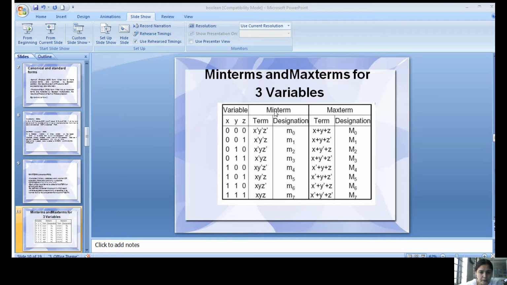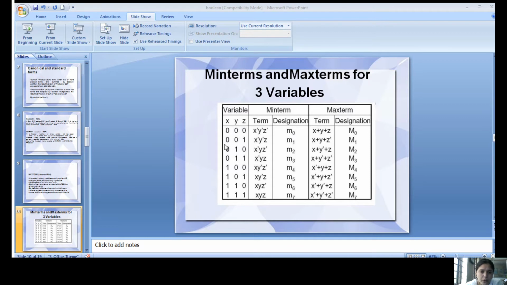Okay. So min term. Min term, 0 indicates bar. So for x it is 0, so it is x bar. And for y it is 0, it is y bar. This is a product term. Min term means it is a product term. We are writing this table so that it will be very clear for you all. How will you be writing it, seeing the expression? So z means it is bar. So this is x bar, y bar, z bar for min term, and it is notated with a small letter m. Min term, it is a small letter m. Its decimal is 0, so it is written as m0.